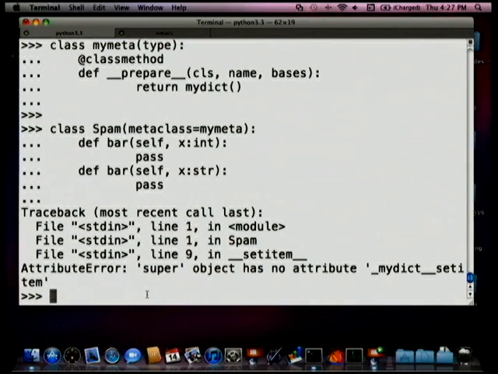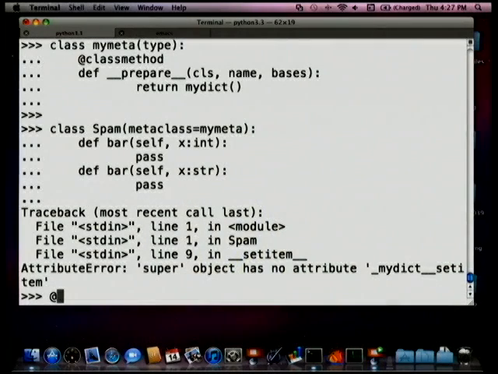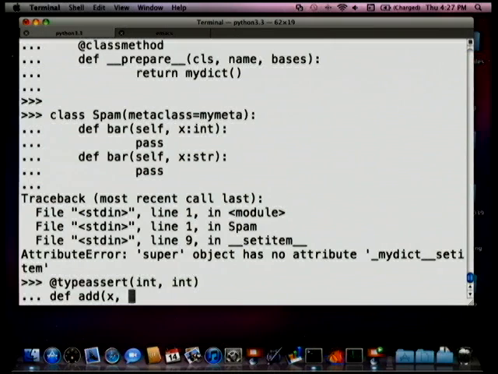The contract-driven development, or behavior by contract. Function annotations seem to lend themselves well to that kind of program. Yeah, the comment is that maybe for design by contract stuff, you could do annotations. I don't know though, because couldn't you do a decorator like this? Couldn't you do something like type assert int def add x y